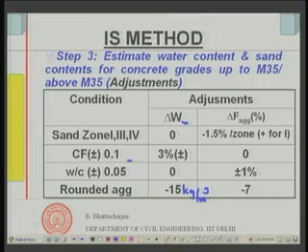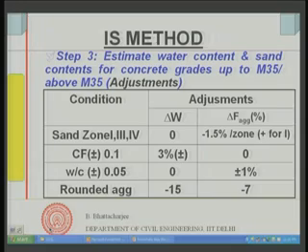Now, having done that, what we have done so far is we have first found out the target mean strength, and correspondingly what is the water cement ratio. That is usually the first step with almost all types of mix design. First you find out your mean strength, and correspondingly you decide the water cement ratio, and this water cement ratio must satisfy the durability requirement. So, whichever water cement ratio is lower, you choose that.